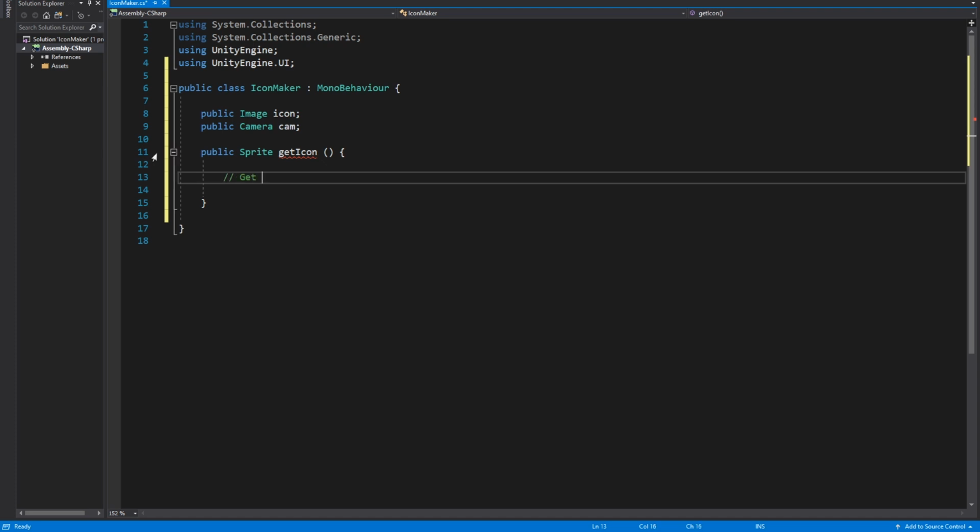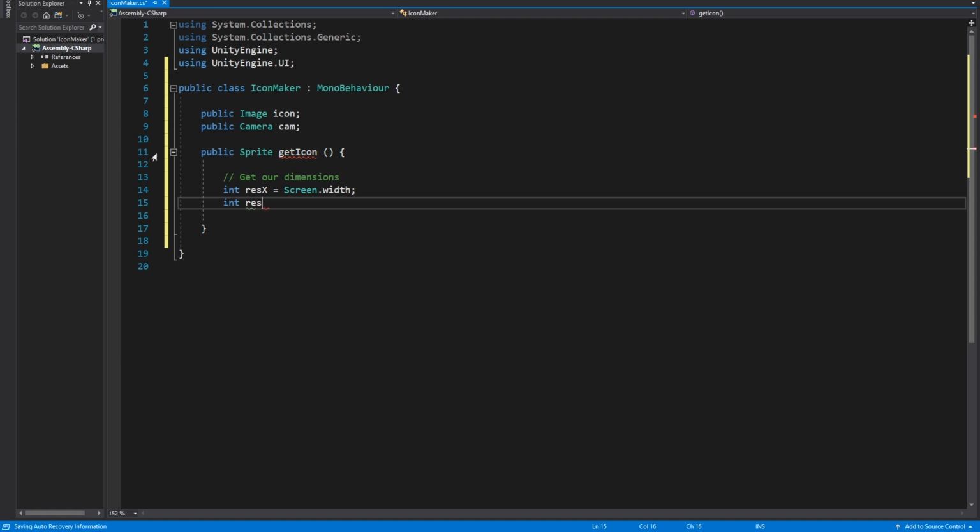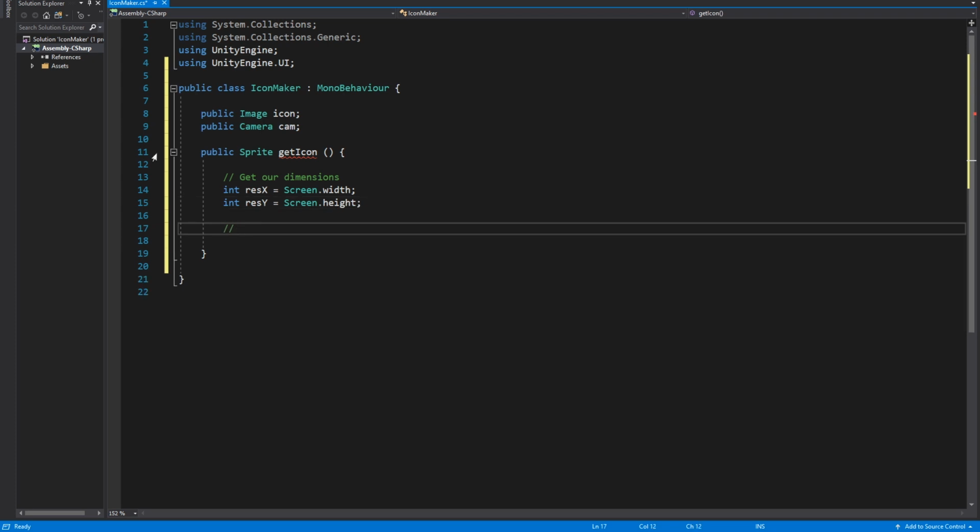So the first thing we're going to do is get our dimensions. The dimensions are the dimensions of the screen, which could be anything. If you're playing on a 4K monitor, or if you're playing windowed, it could be different. So we need the dimensions of the actual screen. And we get those by saying int resX equals Screen.width and int resY equals Screen.height. And then we want to